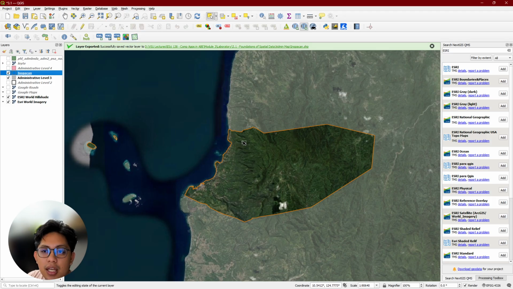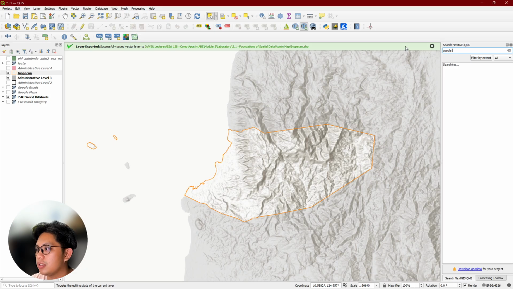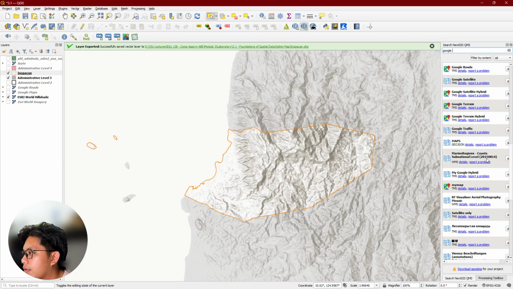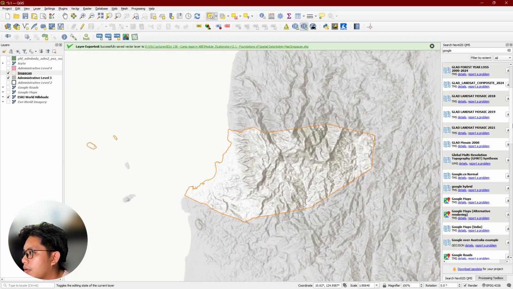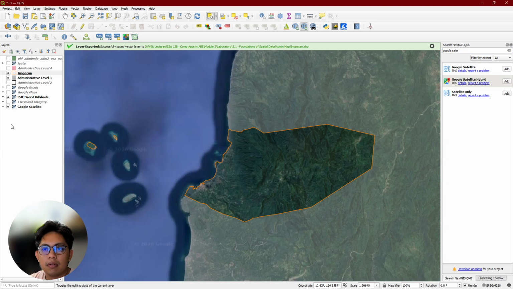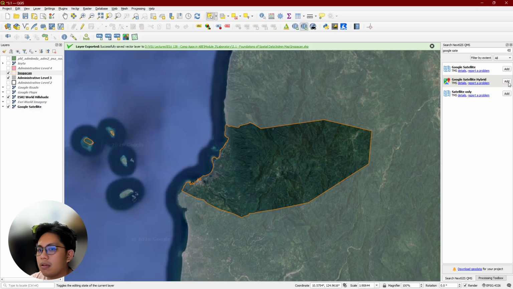I have noticed that the world emoji is a bit off. Let me find something else. Google satellite. Ah, same lang. Okay. What's the satellite icon?